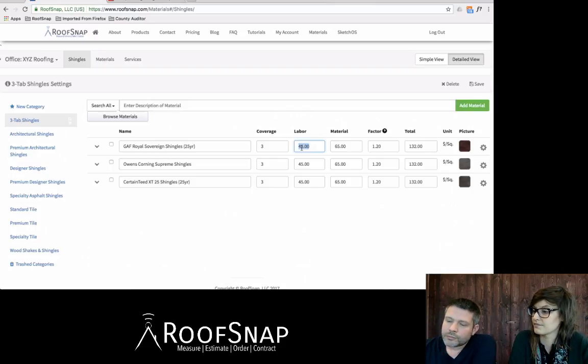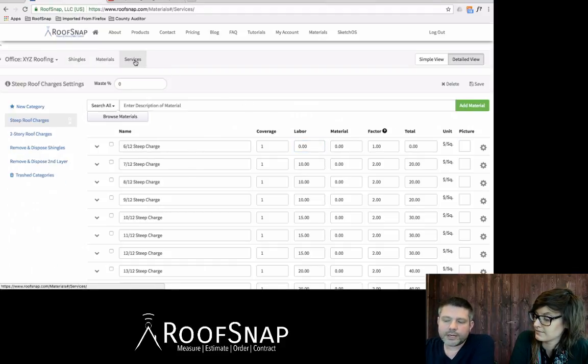To manage those, all of the install prices are going to be associated with each item right within the line item itself. But when we hop over to services, this is an area that's specifically reserved for charges that do not typically have any material cost associated with them whatsoever. So let's start with the first category here on the left, steep roof charges. These items themselves, as you'll notice when I search here in the database,